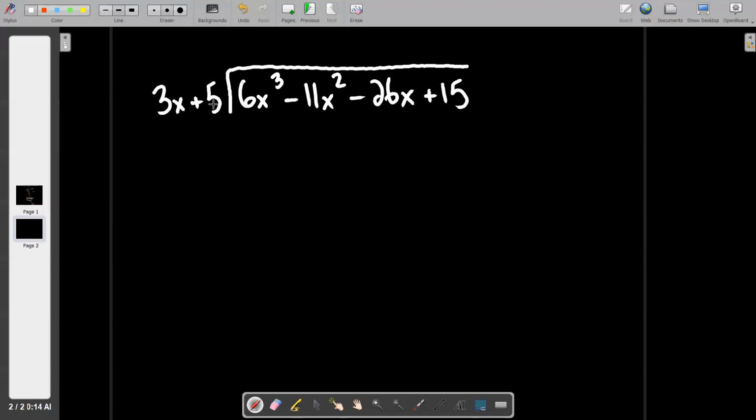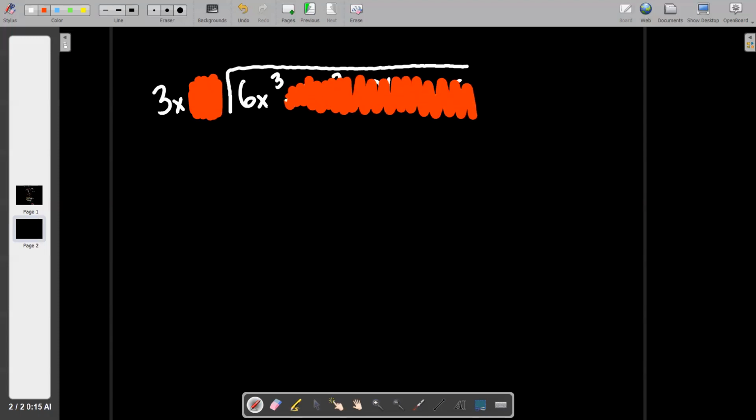So there is our problem. Again, a cubic four-term divided by a linear binomial. Step 1. And again, I'm going to go vandal mode on you here, and I'll fix this in a second. But in case I didn't do a good job of explaining this the first time, step 1 is only to ask yourself,